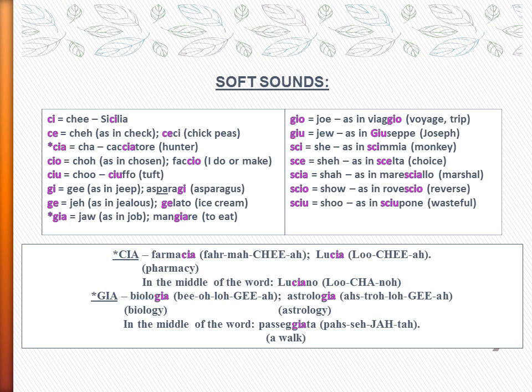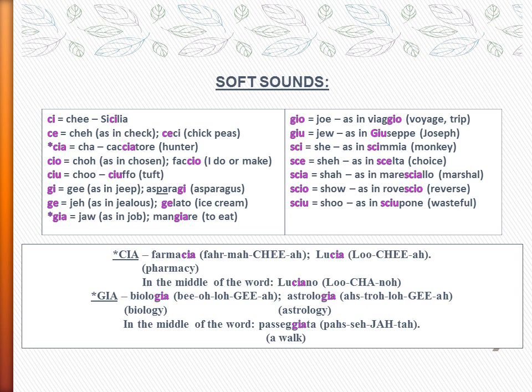Let's begin with the letter combinations that produce soft sounds in Italian. Every time you see these letter combinations in a word, they will be pronounced as indicated. Let's pronounce them together. C as in Sicilia, Ce as in Czech or Ceci, Cha as in cacciatore, Cho as